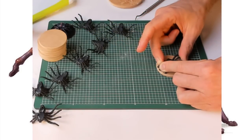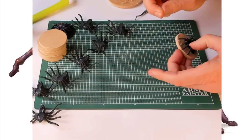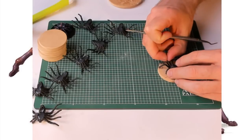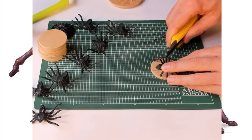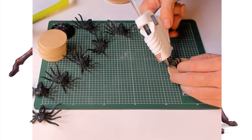I'm hoping that my spider legs will stick in place this time and don't go popping up, but you never know. I might have to do this a couple of times. Alright. Spider legs have stuck. Ha! Just the last one, I had to pull it round so much, it was just too much, I guess. Okay. Just going to get my knife in there. Trim that up. And it's time to do the other side without burning myself. I don't think that's likely, but...